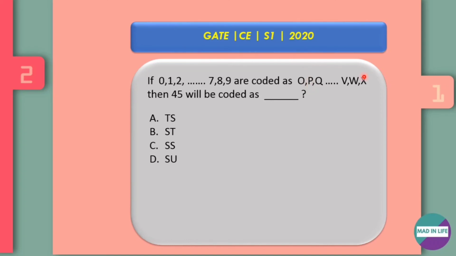O, I made you learn, that is 15, Q, extend it, 17, P, vertically, 16. So X, that is at 24 and it is 9. Now difference is again 15. This is at 23 and it is 8. Again the difference is 15. V is 22, 7. So difference is 15 altogether. So it is 4, add 15, that is 19, and 5, add 15, that is 20. At 19 sits S, at 20 sits T, ST. So the correct option will be B. So the answer for this is B, S, T.